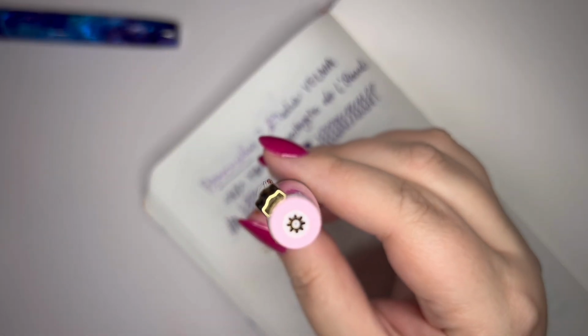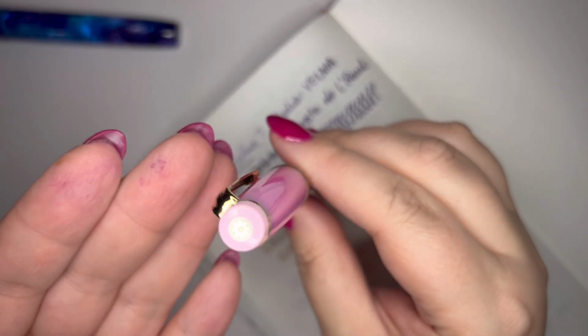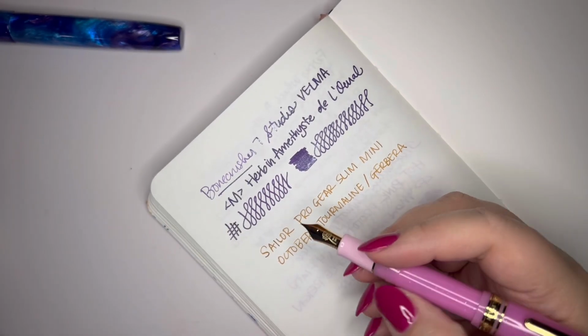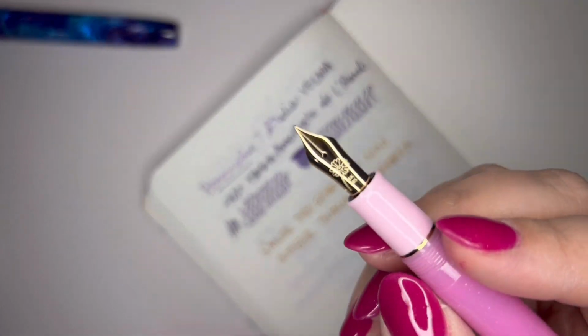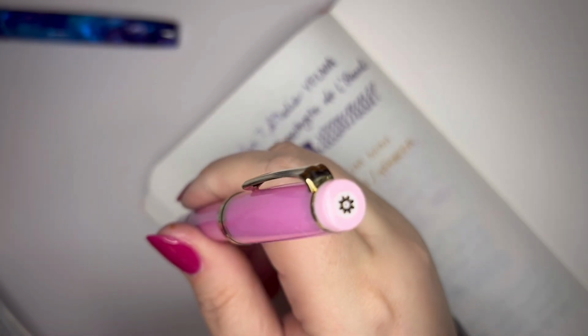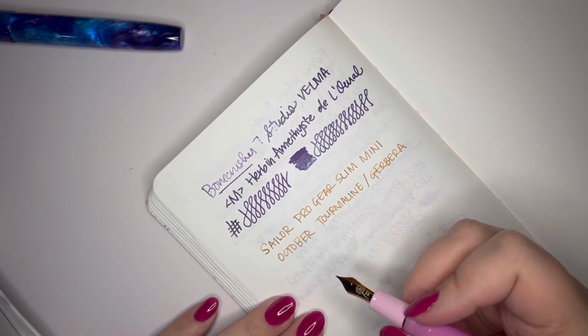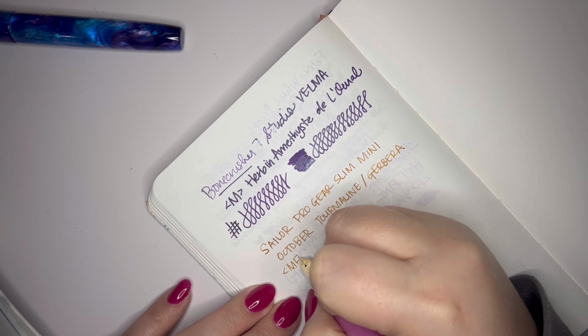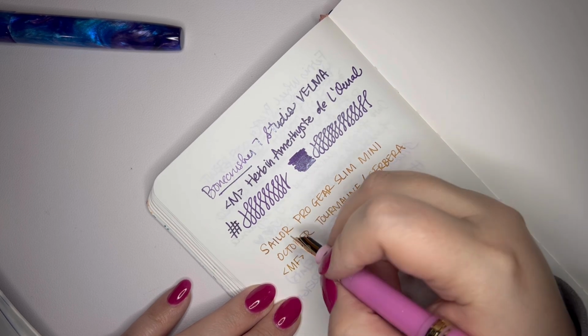I will say Gerbera daisies are not a favorite flower for me necessarily. They're pretty, but not my favorite. But that's okay. It's cute. It's very cute on this pen. There's a little daisy on the nib, and then the little daisy on the finial. And this has a medium fine nib. It is 14 karat,